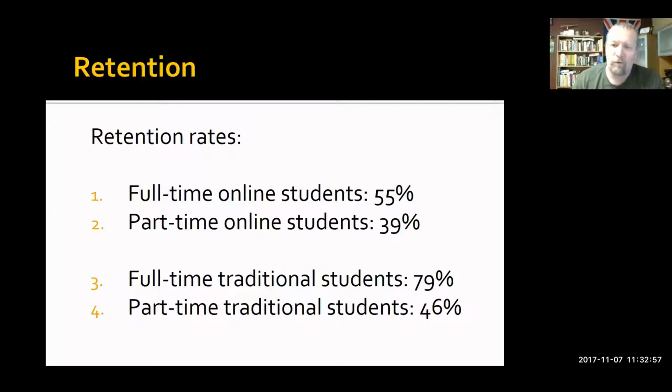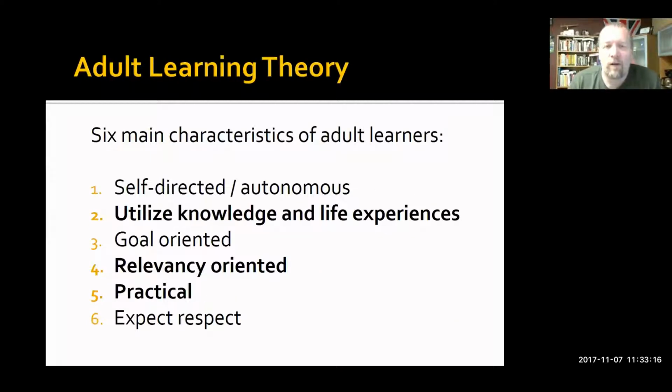And again, if you've worked with online students before, you know why. There's 1,000 things that can go wrong in an online student's life, some of which have nothing to do with the college or with us as instructors, but they're just unique to their lives, and there's very little we can do about that. However, there are some things that we can do. And so this is tying to adult learning theory in general.